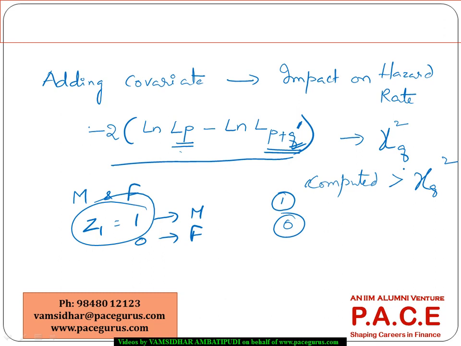Otherwise, I don't have any kind of evidence to say that there is an impact of that covariate on the hazard function. So that is one way we can go ahead making a conclusion regarding the covariates and the impact they create